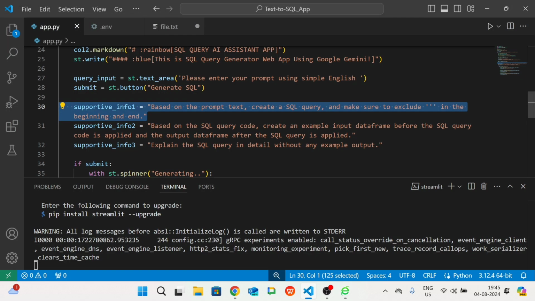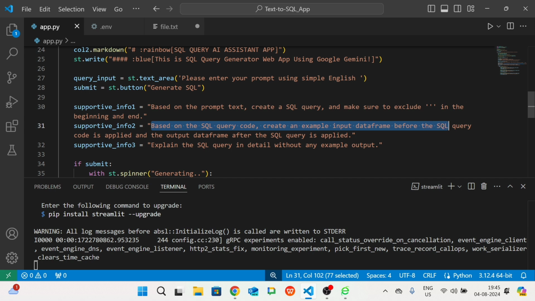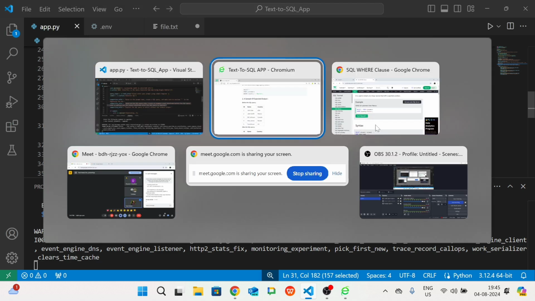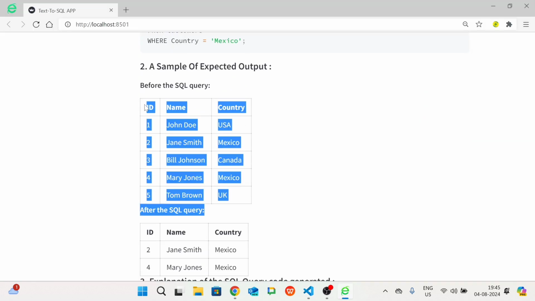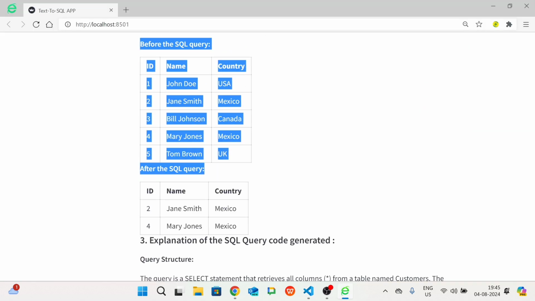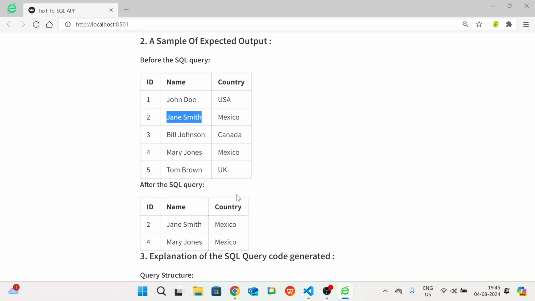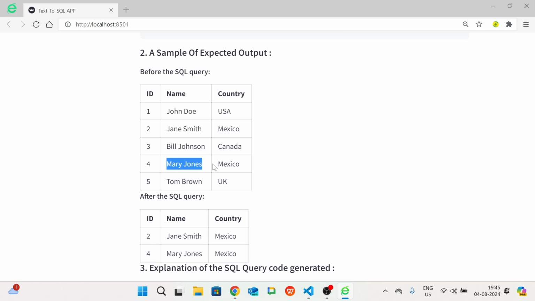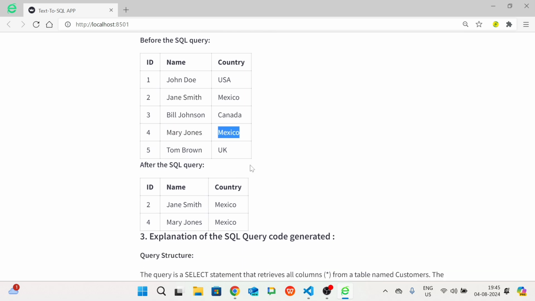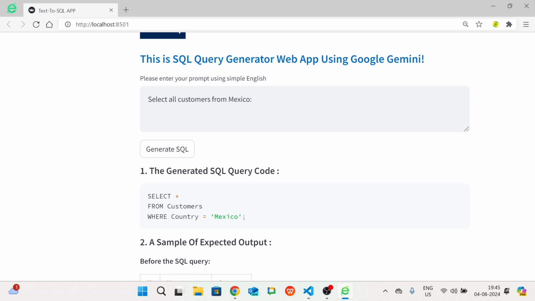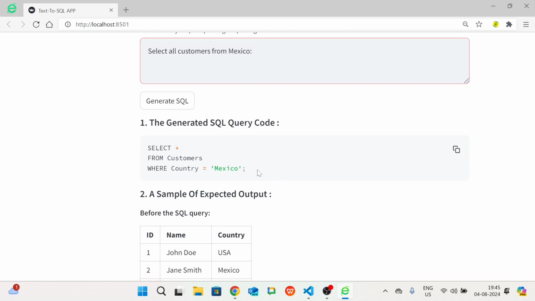The second supportive information says, based on the SQL query code, create a sample input data frame before the SQL query is applied, and the output data frame after the SQL query is applied. You can see we have a sample database created by our LLM, and here is the output: two of them, Jane Smith as well as Mary Jones, both belong to Mexico. So after this particular query is run,